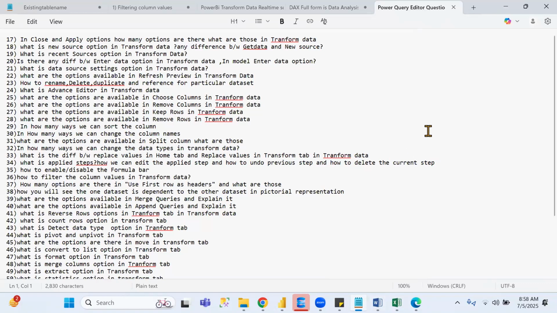One of the students prepared it like this: how many options are there? If I'm asking about any topic, in the topic, what are all the options that are there? You have to explain each and everything. Not just how many options are there. In the question I'm presenting like that, but how many options are there and what are they, you have to explain clearly. Understand clearly? Okay, so we can stop here and we'll continue